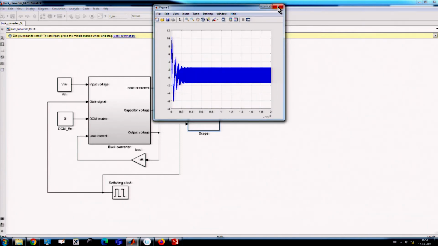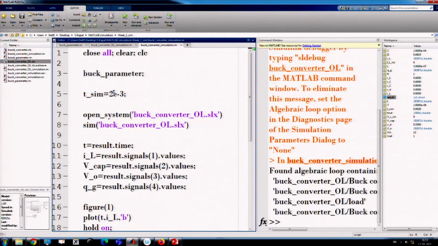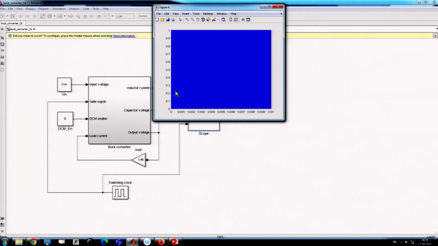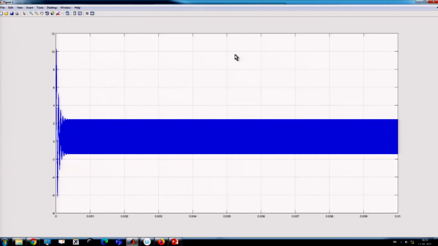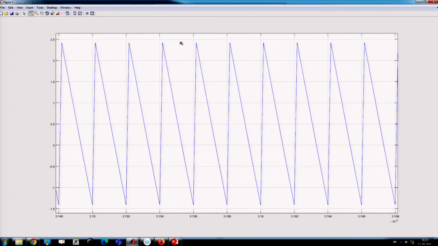That means now if I change my simulation time from 1 millisecond to 10 millisecond, all my data will be changed automatically. It is running the simulation for 10 millisecond, which is 0.01, and plotting all the current waveforms. Okay, all right. So you can see the current waveform from here.